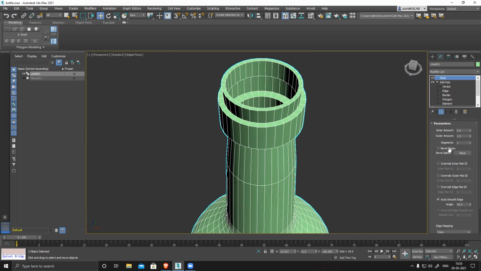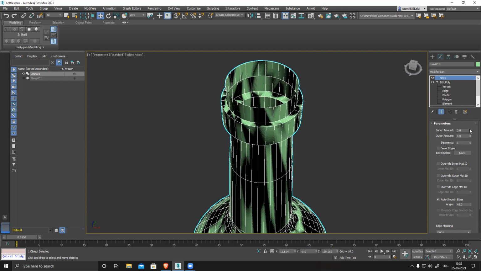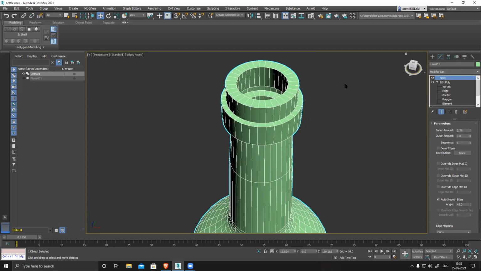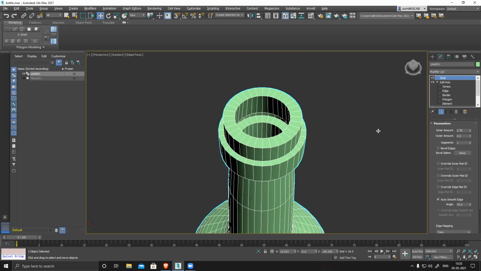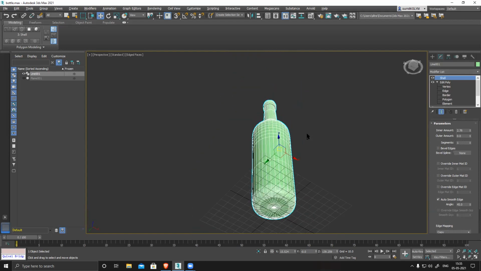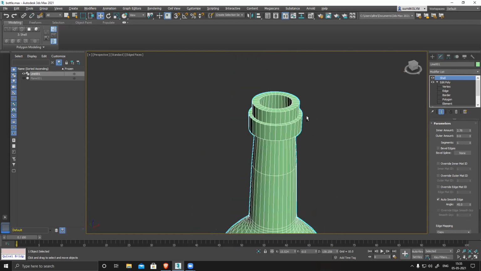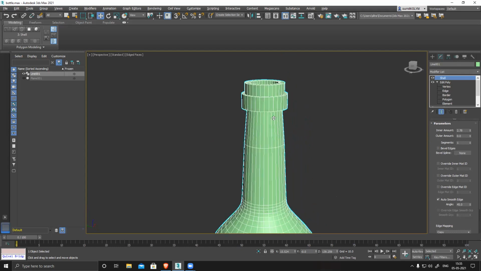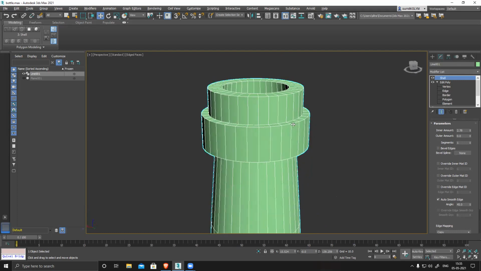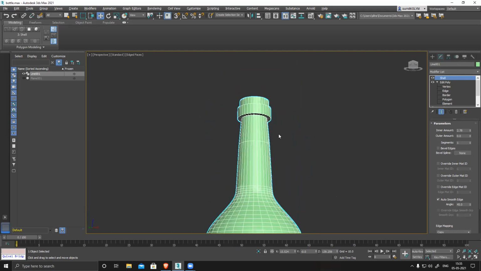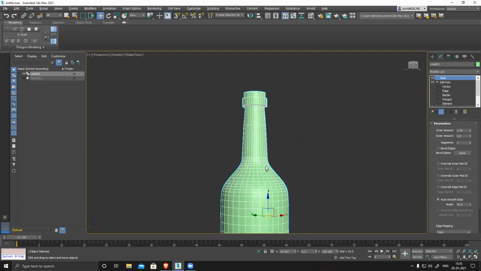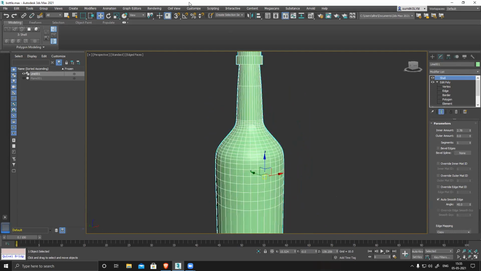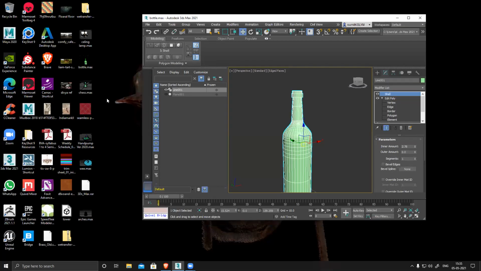Right now it's effectively the outer area. Right click on this, go back to 0, increase the inner thickness. The bottle should be thick from the inside. So now it's a solid geometry and it's thick. Sir, can we bevel that also? Yes, of course, we can bevel that. I apply one more edit poly. But first correct the basic shapes. All those things we can do later. First correct the basic shapes and structure. Basic shapes wise everything is wrong, so make sure you correct it.